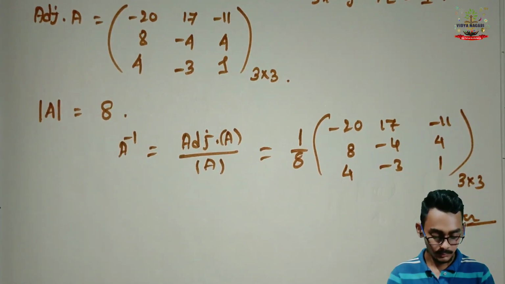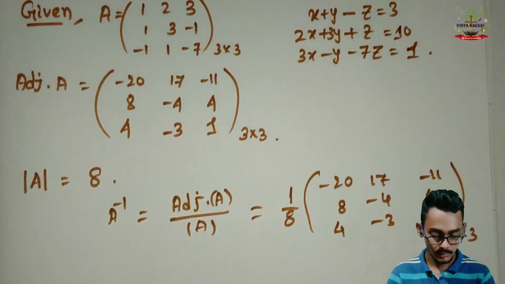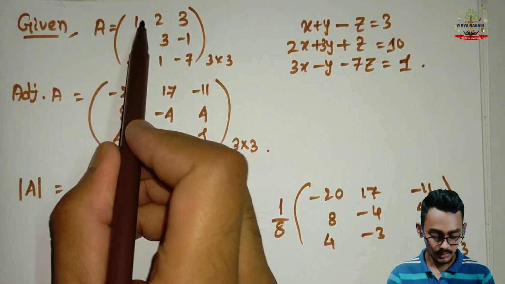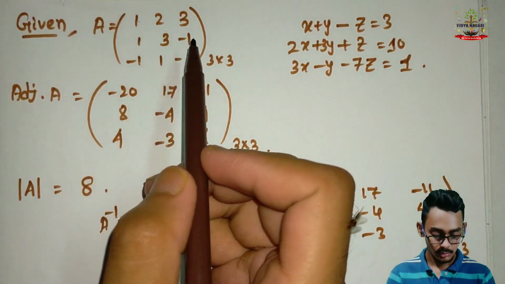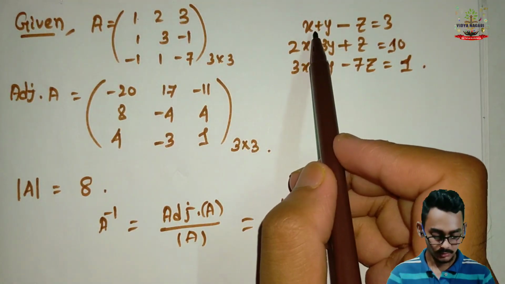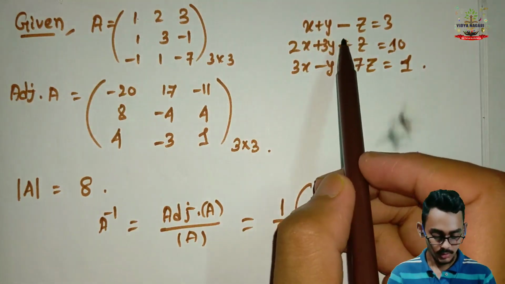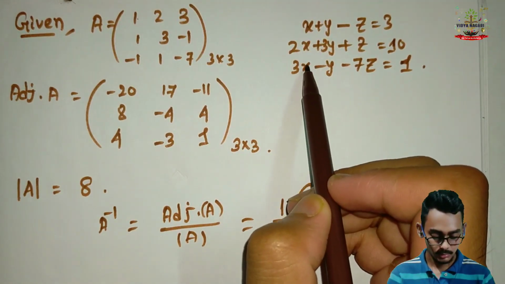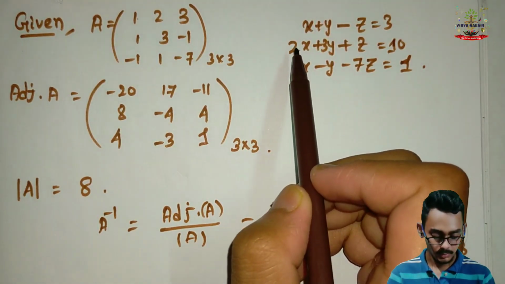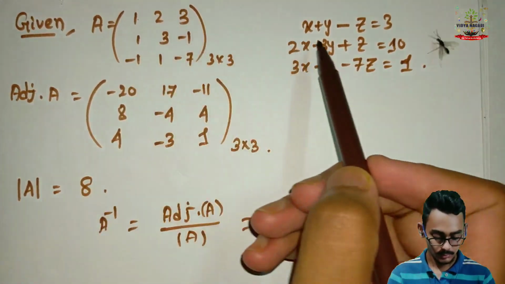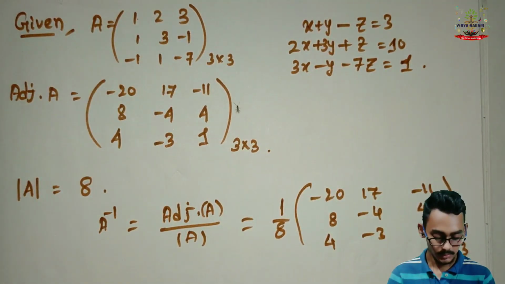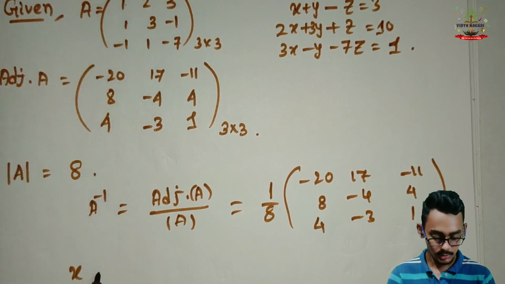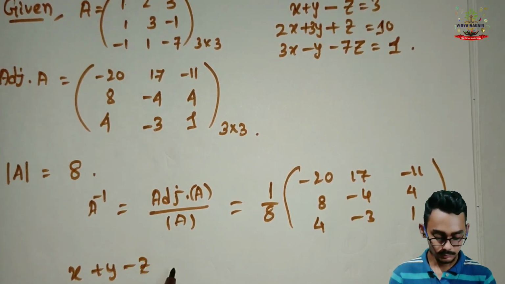And our second question is to solve these linear equations. Here A equals 1, 2, 3, and if we see the given equations, all the coefficients of x in the three equations are the same, 1, 2, 3, meaning these row elements are here. So if we express these three equations in matrix form,